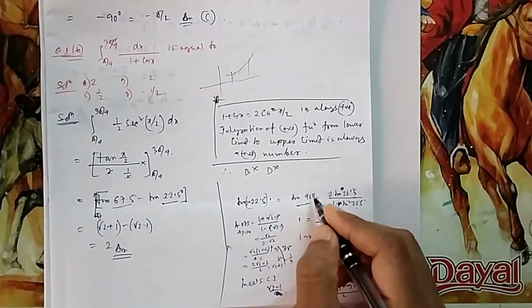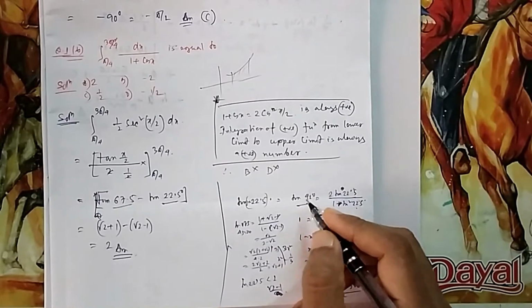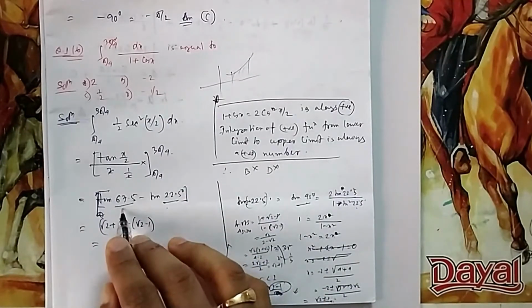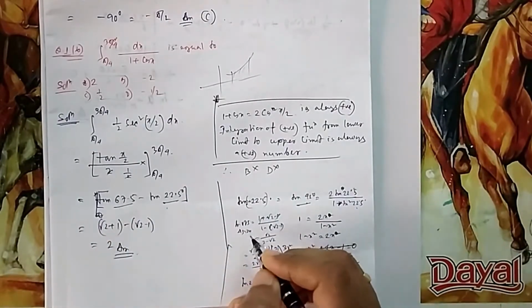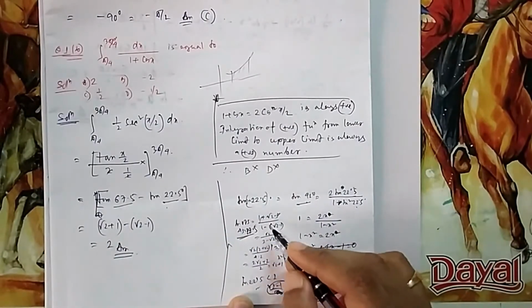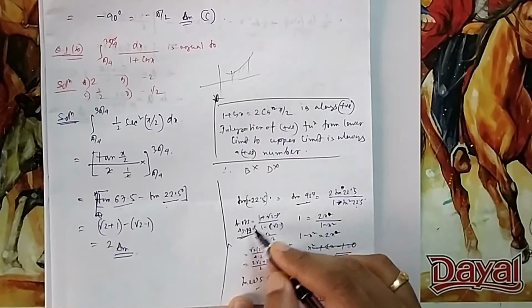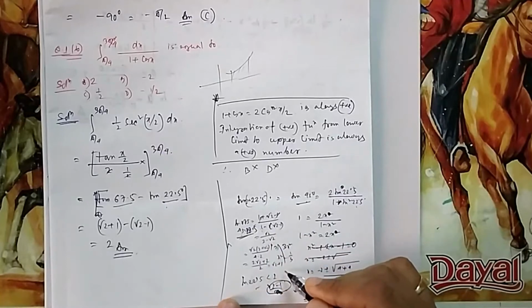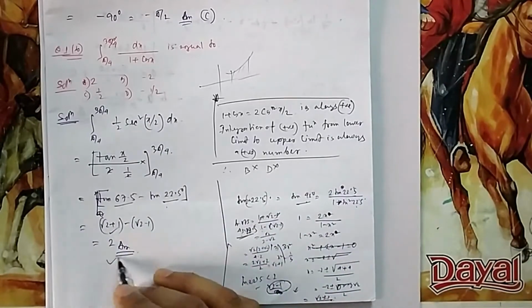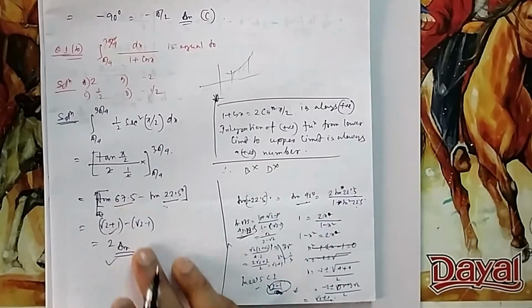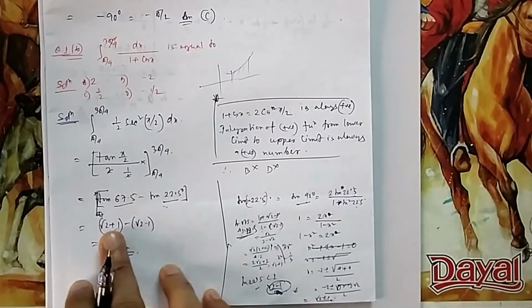Now tan 45 is 1, so tan 22.5 should be less than 1, so it should be root 2 minus 1. Now if tan 22.5 is root 2 minus 1, then how to solve this one? You can write tan(a+b), 45 plus 22.5, 67.5. So tan a plus tan b by 1 minus tan a tan b, and tan 45 is 1, tan 22.5 you have calculated root 2 minus 1. Put it in and you can find this answer, it will be root 2 plus 1. So if you don't know in the exam, you can use these trigonometric formulas to find tan 67.5. Then put these values.